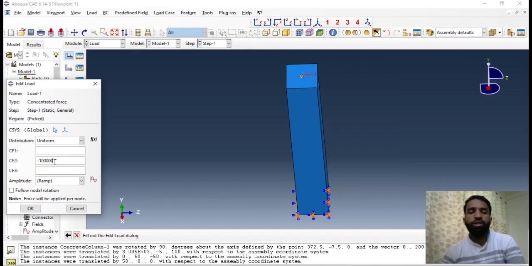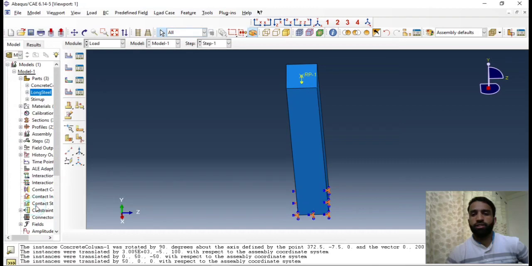100,000. That means I'm in newtons. So if you go back to the unit system that I'm using, you'll get to know I'm using newtons. So since this is 100 kilonewton, I need to do like this. Continue. Okay, I'm able to create